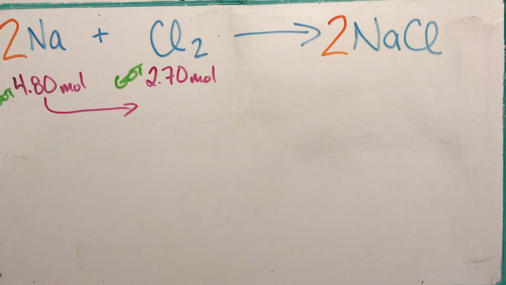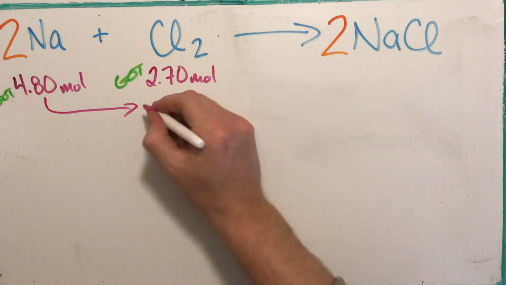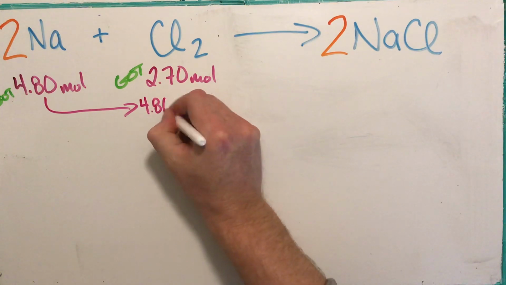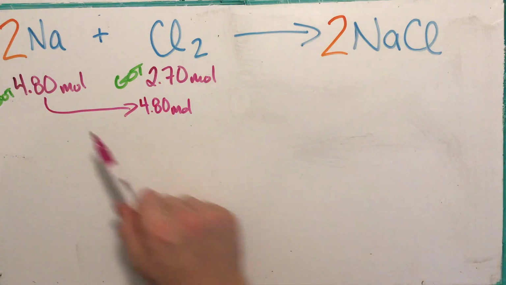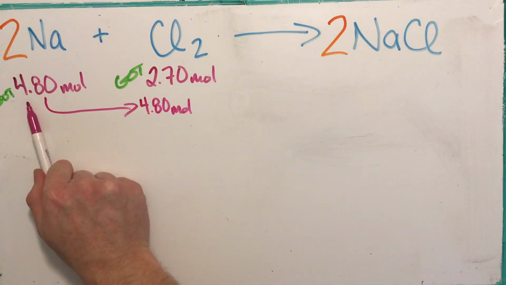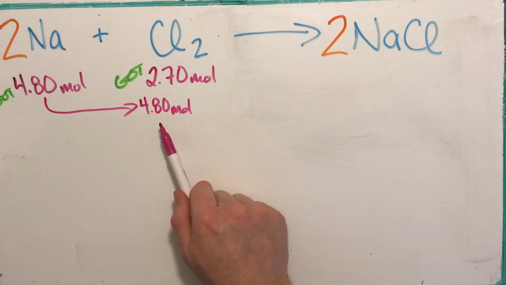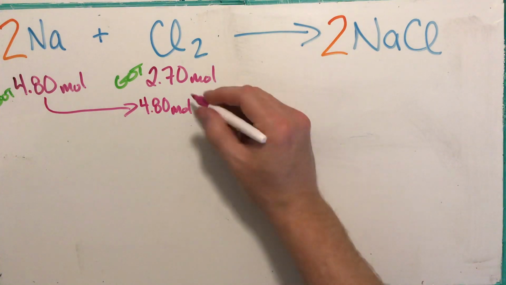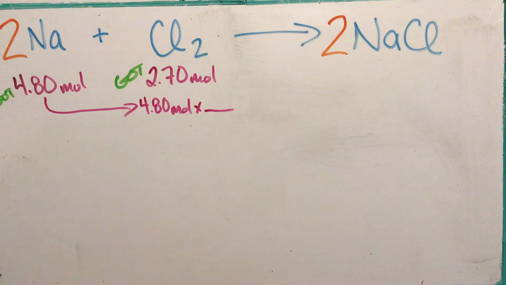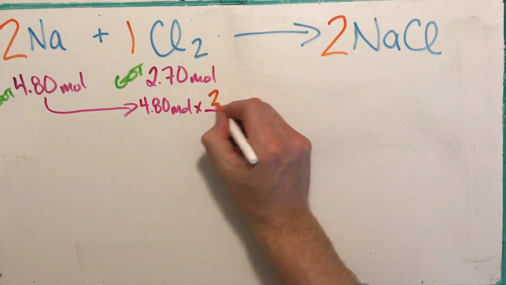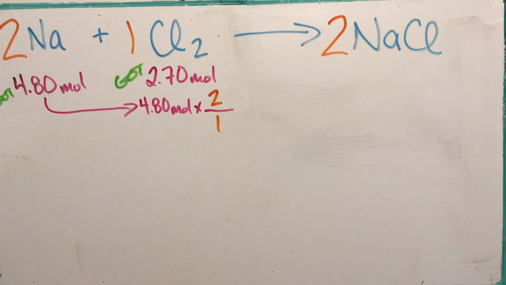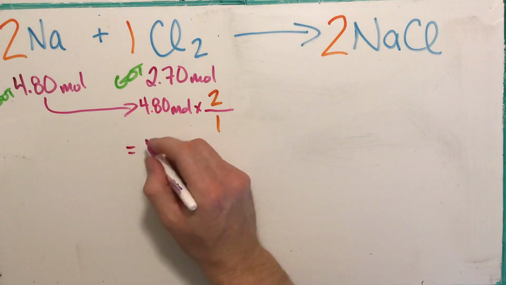So if all 4.8 moles of the sodium was to be consumed, how much sodium do we got? We got 4.8 moles. If all of that gets consumed, how much chlorine would be required? I multiply it by my mole ratio. Now I know there's a little 1 here. I'll draw it in, even though you don't really need it. And head over heels, it's this. So my mole ratio is there. And that equals